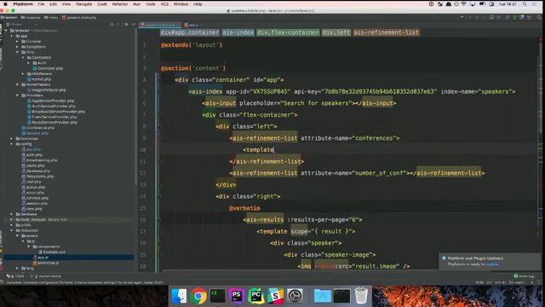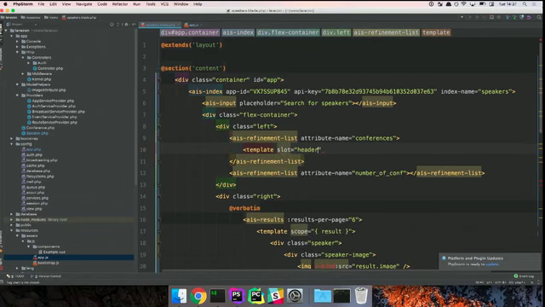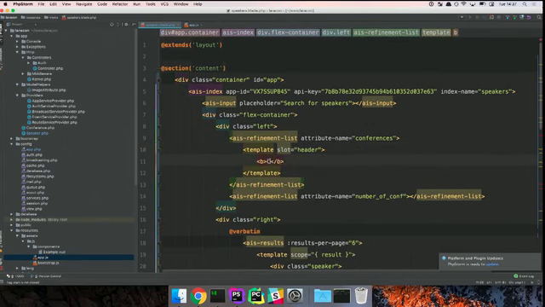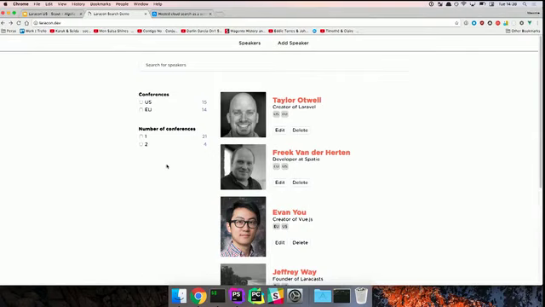So I'm going to override the default template for the header of this section. So the header, and I'm just going to put a bold title, which is conferences. And I'm going to do the same for number of conferences. And when I refresh, that's already better.